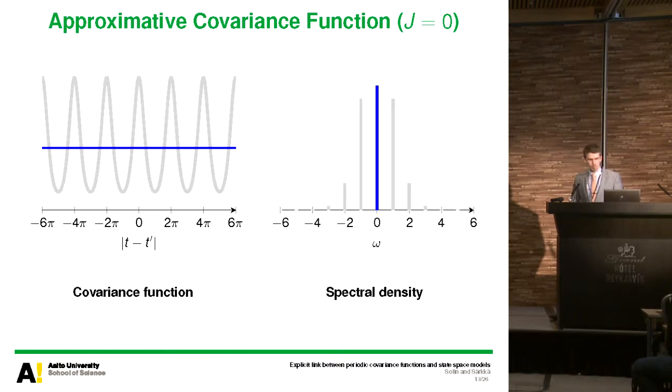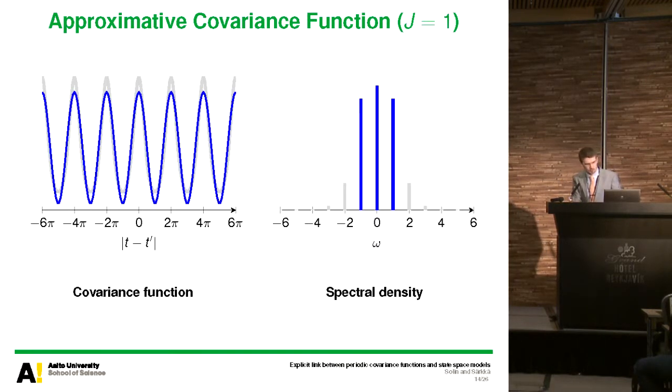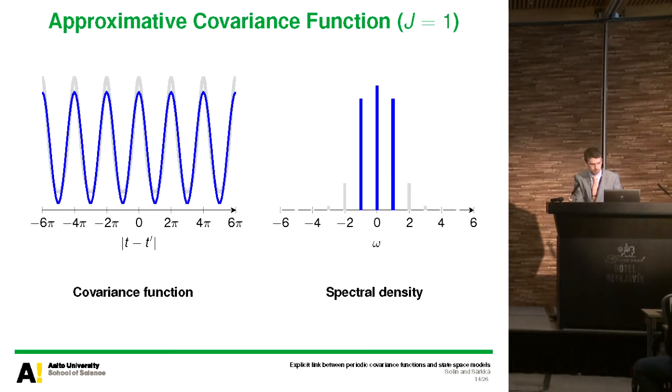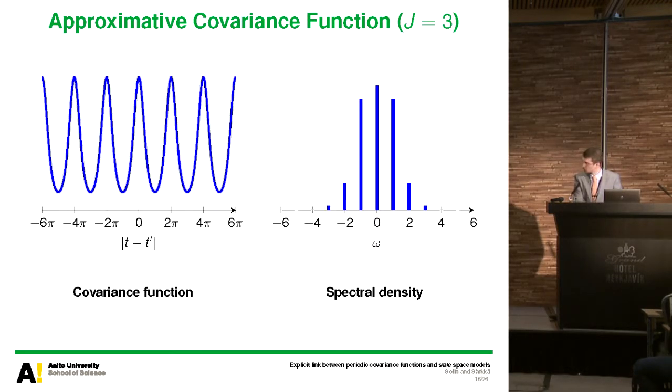Now, considering only one model, the approximation will look like this. In gray, you see the actual covariance, and in blue, the approximation, both in terms of covariance functions and the spectral density. A two-order model is slightly better. A model of order 3 is quite good already. And with four oscillators, we actually cannot see the difference by the naked eye from the true covariance. So let me reiterate that. So 1 model, 2 models, 3 models, 4 models. Quite good.